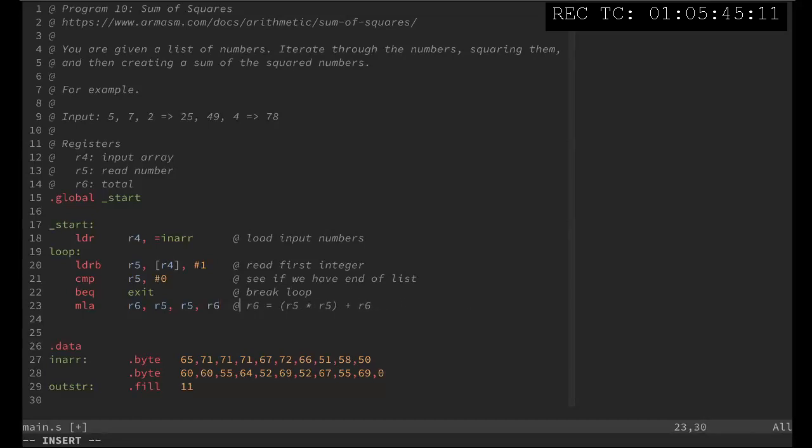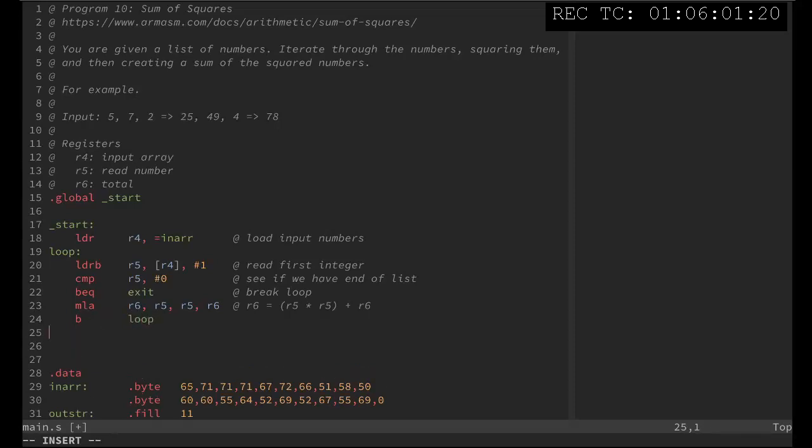It doesn't have to be, the accumulated number doesn't have to be the register that we're storing it to. And that's all we need. We've done all that math in one operation. And now we just need to go back up to loop. And so if you, again, think through this,